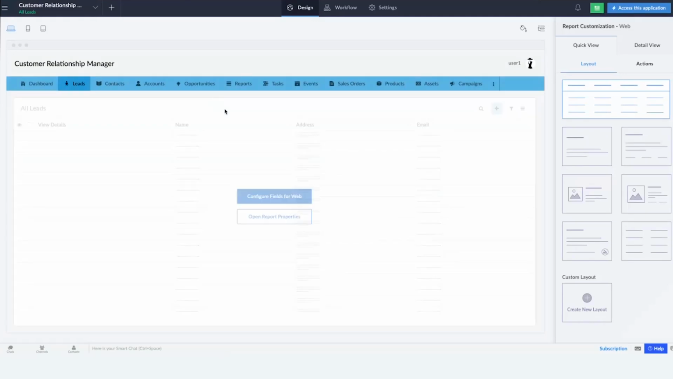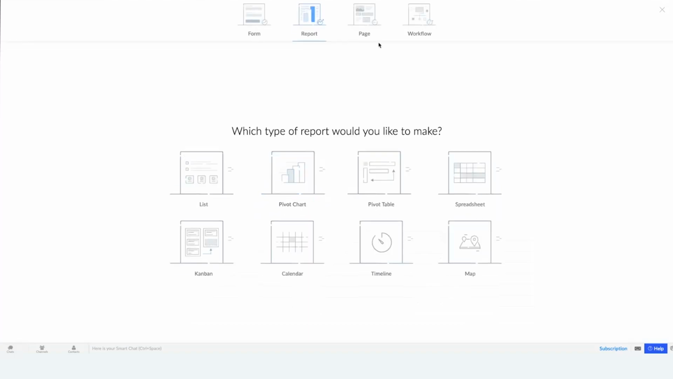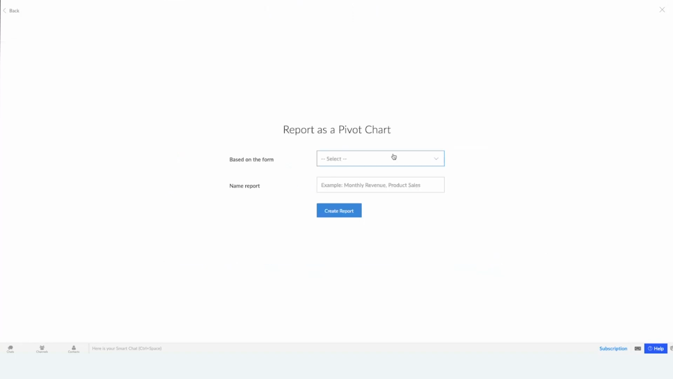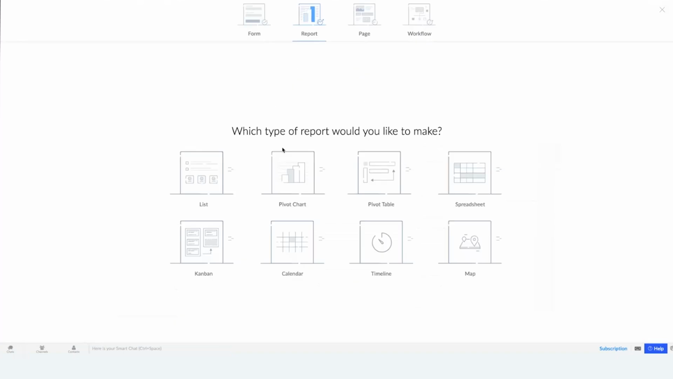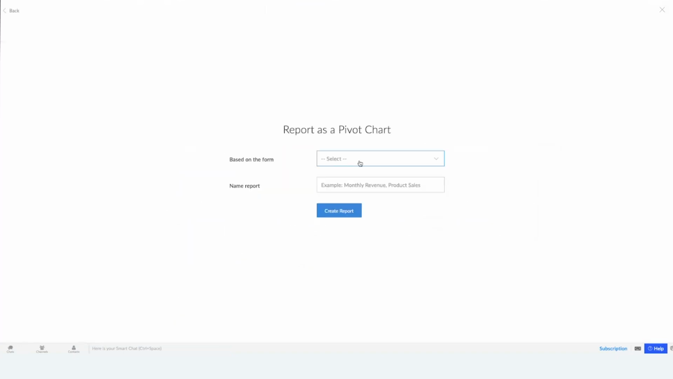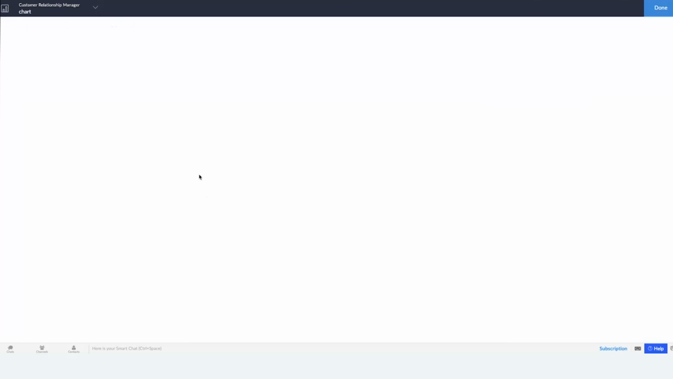Yes, for reporting, if I click back to our reports, it's hidden in here. We have our pivot charts and our pivot table as one option. So if I click on our, that's not what I wanted, on our pivot charts. So I select our leads, and give it a name and say create. It now opens our